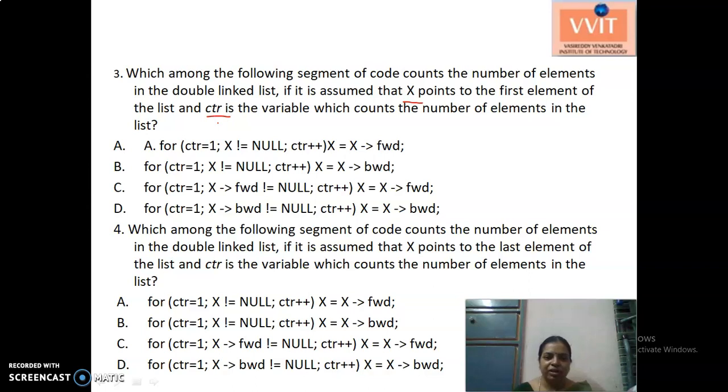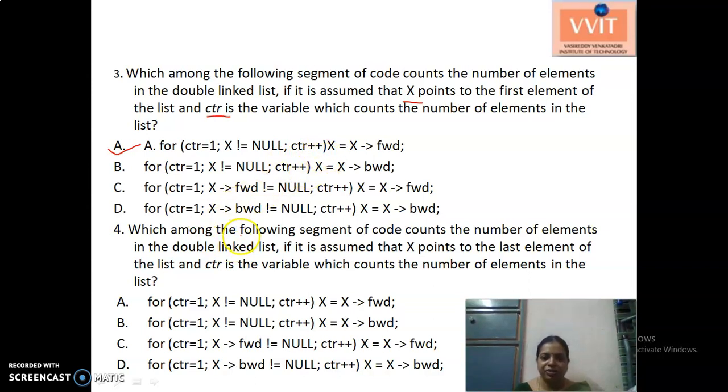We check with count starting from 1, and x is repeated until x is not equal to null, moving to the forward pointer. So A is the right answer: CTR equals 1, x not equal to null, CTR plus plus.